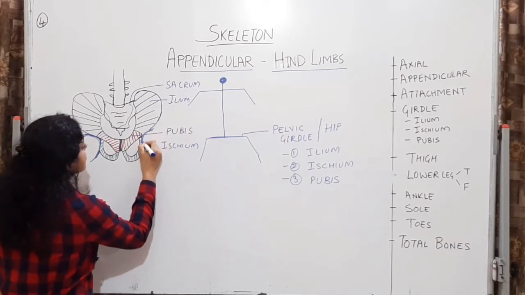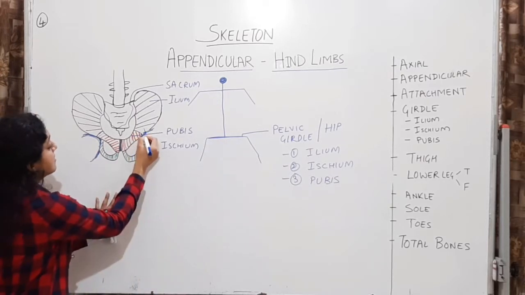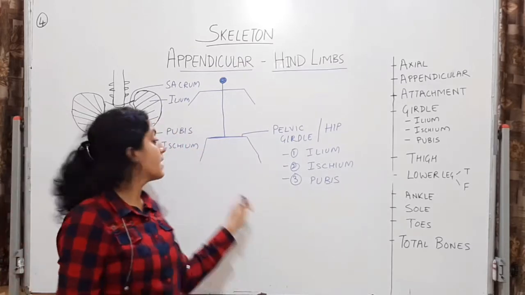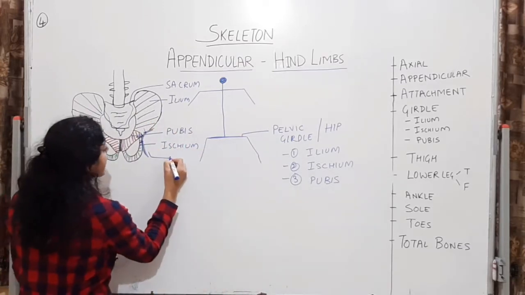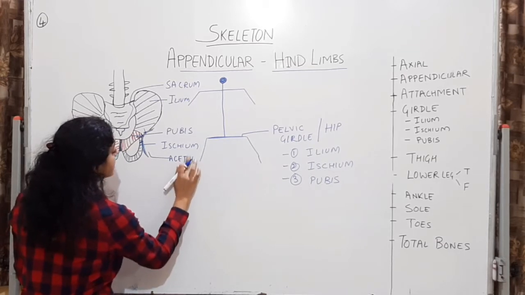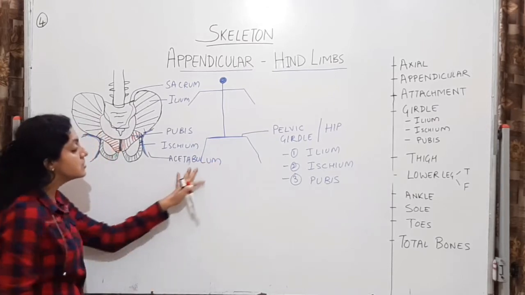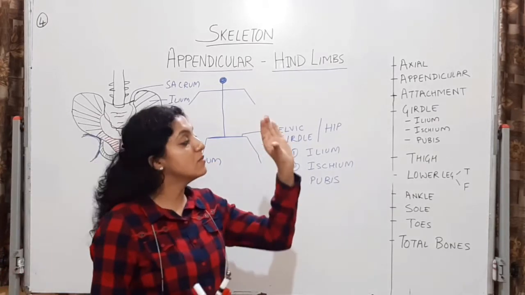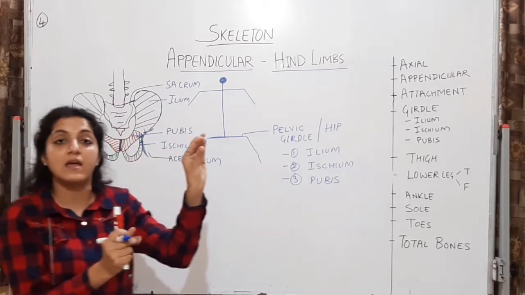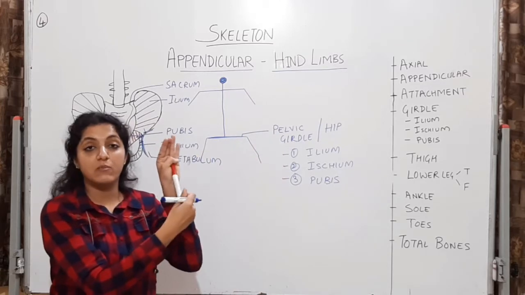Now, the ilium, ischium and the pubis, ये तीनों bones fuse करके एक cavity बनाते हैं. See this cavity, it's going to have attachment from all the three bones, that is this ilium, this pubis and this ischium. ये तीनों fuse करके एक cavity बनाते हैं. This cavity is called acetabulum. Acetabulum. ये acetabulum जो है ये एक socket बन जाता है जो इन तीनों bones के fusion से बना है and यहाँ पे आके attach होता है हमारा thigh bone.